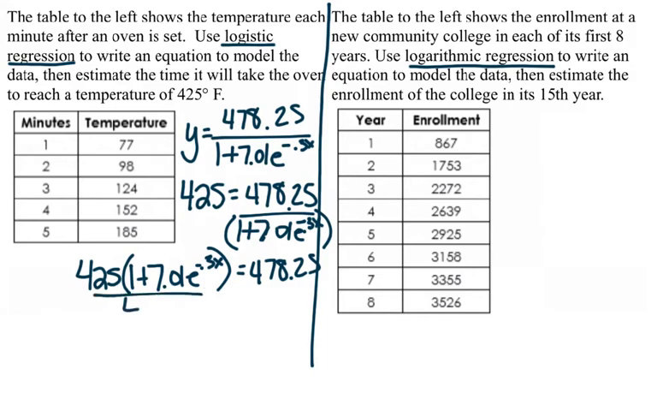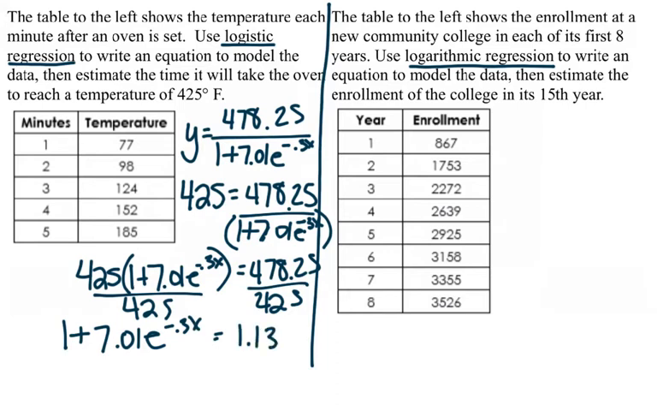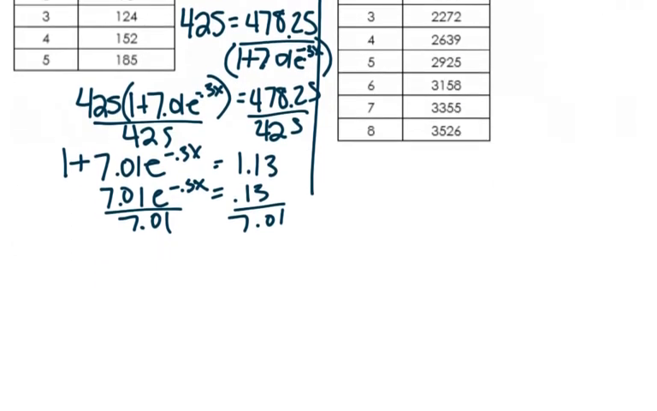And then I'm going to divide both sides by 425. So I get 1 plus 7.01 e to the negative 0.3x equals, my calculator says, 1.13. Alright, so then I'm going to subtract 1 from both sides. And then I'm going to divide both sides by 7.01. So I got e to the negative 0.3x equals,